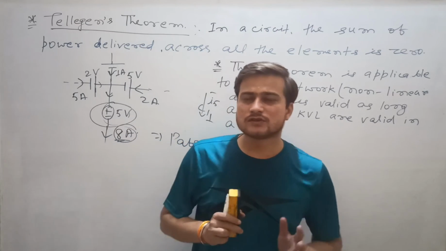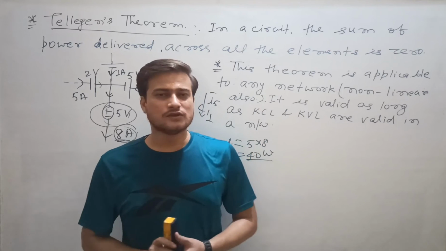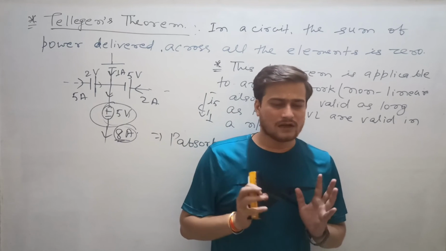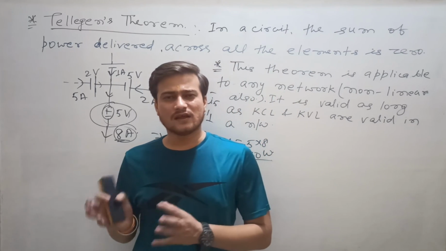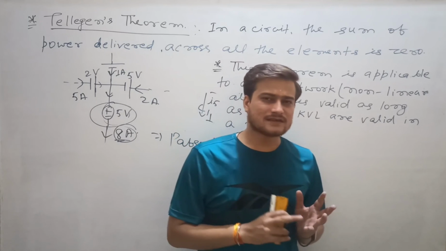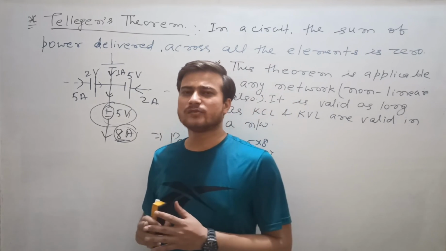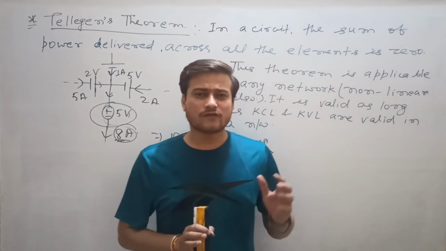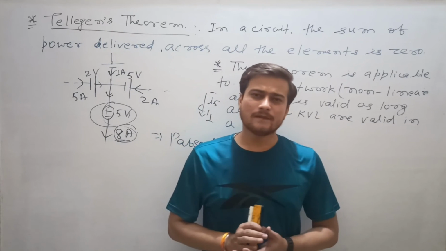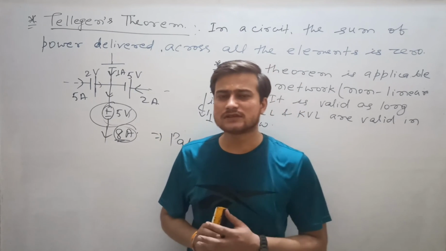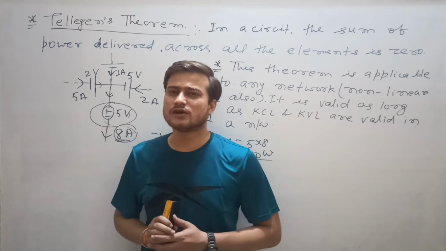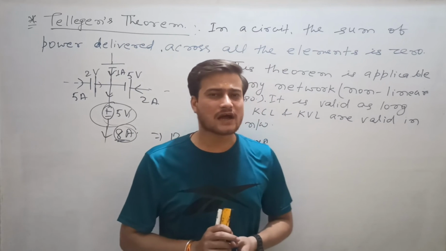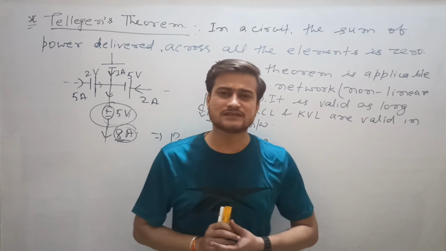Clear? So this is all about network theorems. Today I have finished the first unit, that is network theorems. So we discussed different types of problems asked in GATE examinations in electrical, electronics and instrumentation branches. So now if you practice all these questions and if you have attended all these lectures, then you can easily solve the questions that will be asked in GATE 2022 from this chapter, network theorems. Now from the next class we will start another unit, that is transients.